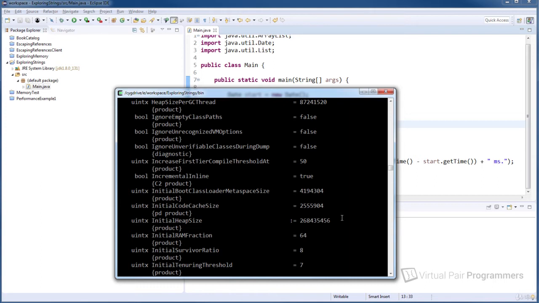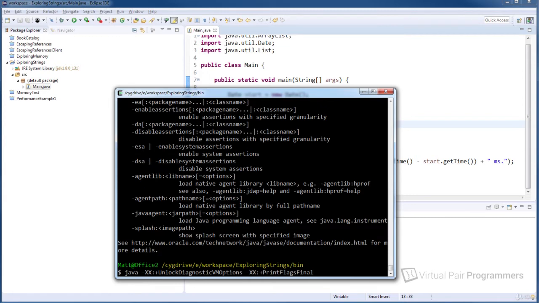But we can change these values. So just to see what would happen if we do that, I'm just going to go back to the previous command that was printing our string table statistics. I'm going to leave this flag in to have a bigger string table size so it runs a little bit quicker, and I'll add in another flag. I think actually I'll do this one at the beginning, which is going to be to change the size of the heap. So the flag to do that is -XX: